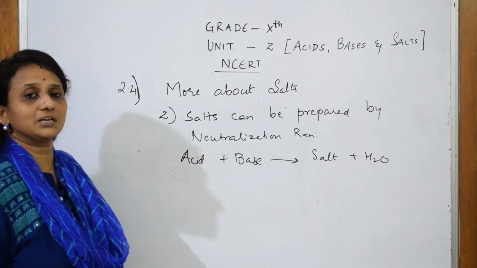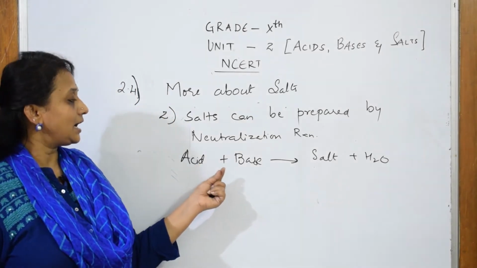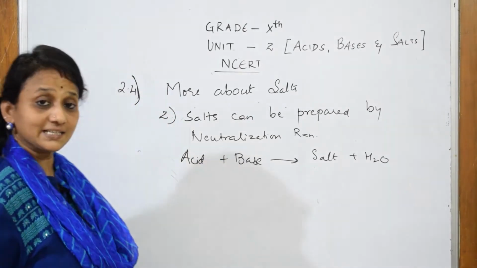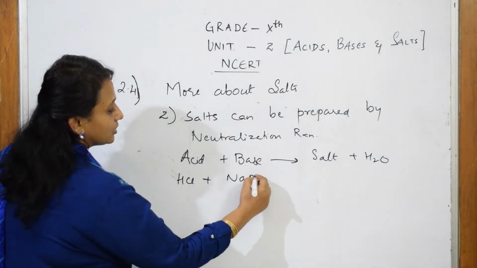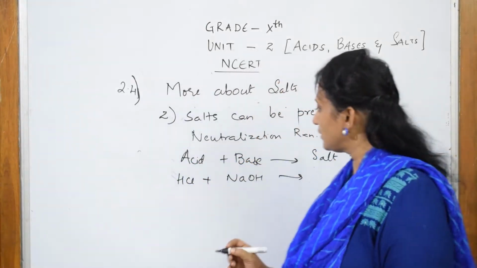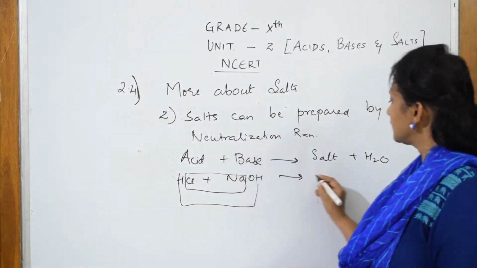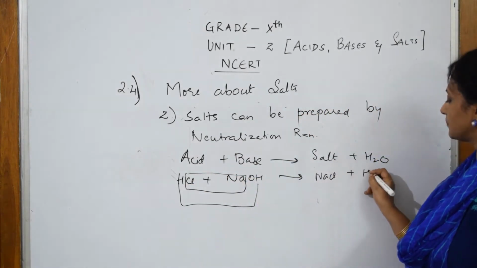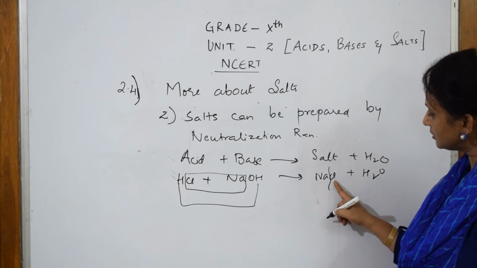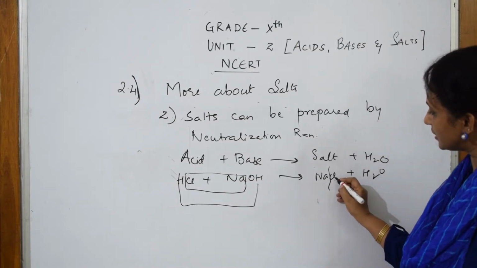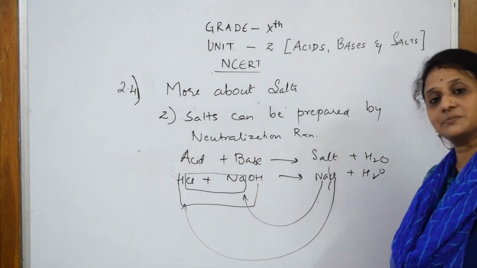Whenever we speak about salt, see here, from where did I get the salt? I got the salt from an acid and from a base. Let us take an example. Suppose I take HCl and NaOH. What do I get? We write the center part, one cation and one anion, so NaCl comes out, and water. Now what you have to understand is that in NaCl, a part of it comes from the acid, that is, Cl has come from an acid, and a part of it has come from a base, isn't it?